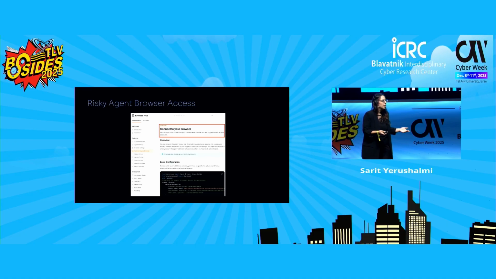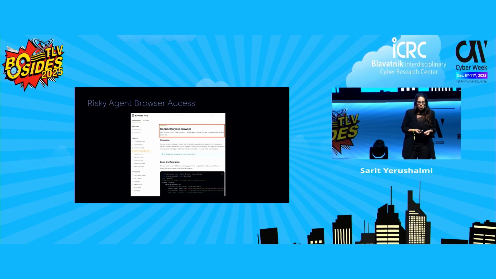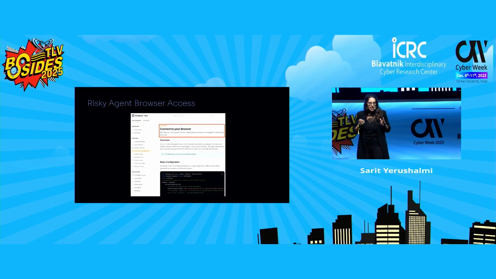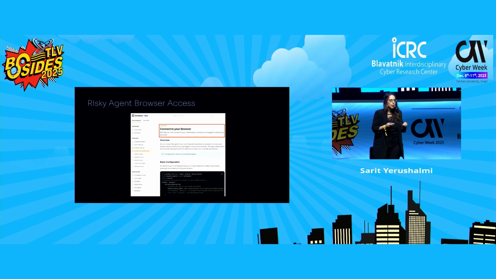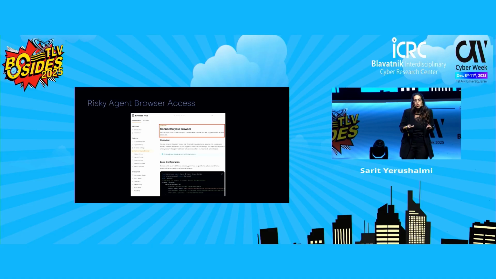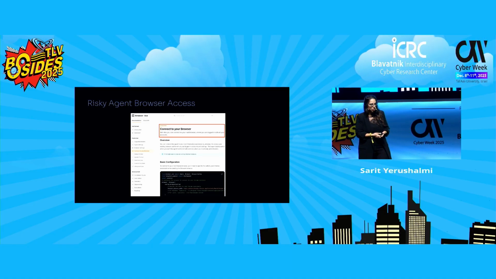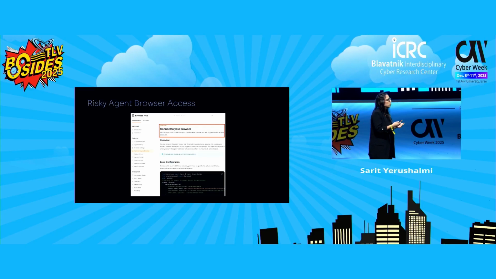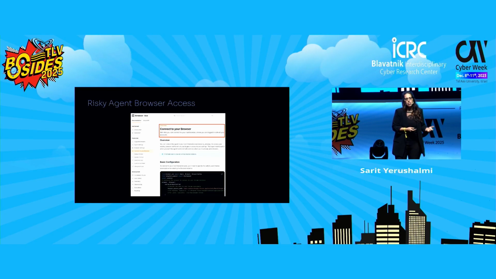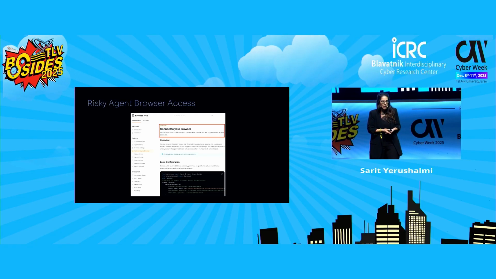Okay, so you might think to yourself, this is an unrealistic scenario. No one would give the agent access to the regular browser. But if you look at the Browser Use documentation, they intentionally say that. They actually explain how to do that, and they even highlight that you can give your agent access to your authenticated sessions. And of course, there is a warning saying that you need to look at what you give the agent and be careful with that and make sure that it fits your security needs.